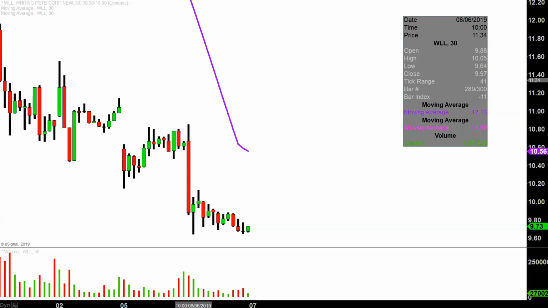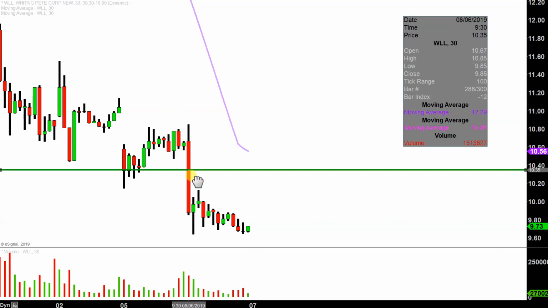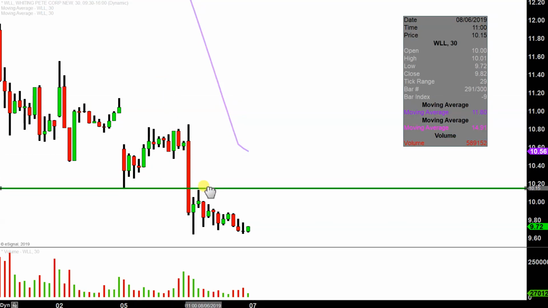So really the main and current level of resistance now going forward, one of the newest ones, is right up here at this former area of support right there at $10.15. And you can see right here, it was very clearly a former area of support. Price went down there on Monday and bounced very nicely off it. But then you can see during the opening 30 minutes of the day, the price ultimately was broken and pushed